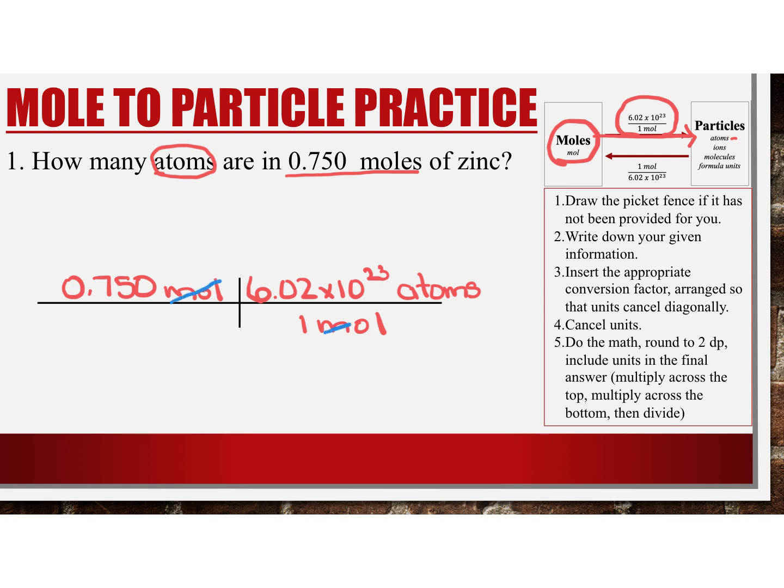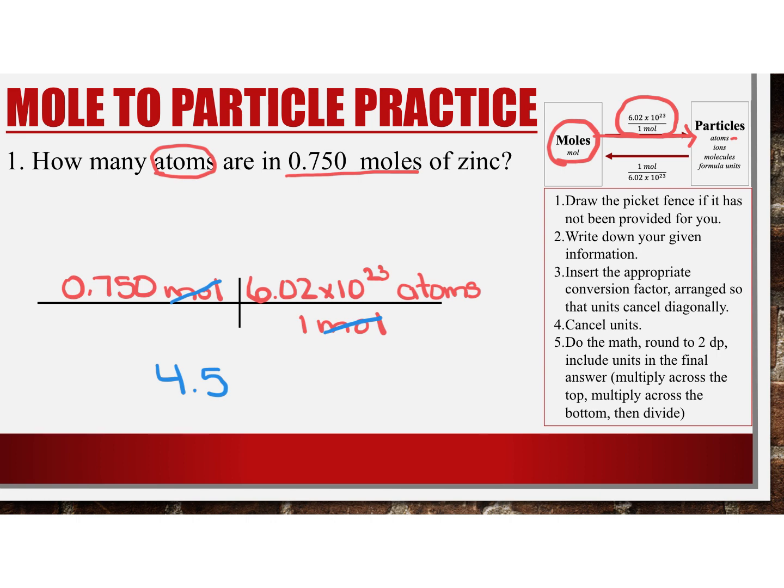So the first thing we're going to do, again, is cancel our units, and then we're going to multiply across. So when you put this in the calculator, remember, we're going to put 0.750 times, open parentheses, 6.02 EE, or EXP, 23, close parentheses, and then enter. So when you do that, you're going to get this number,